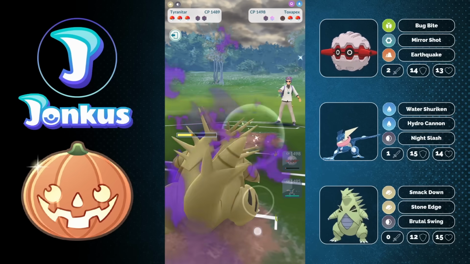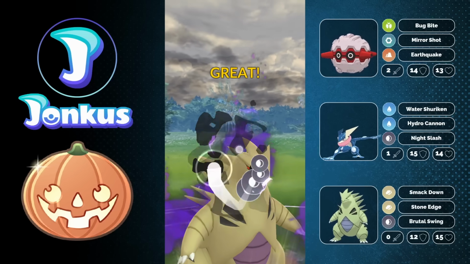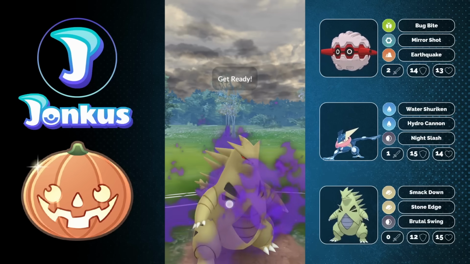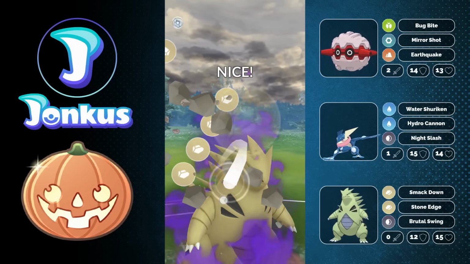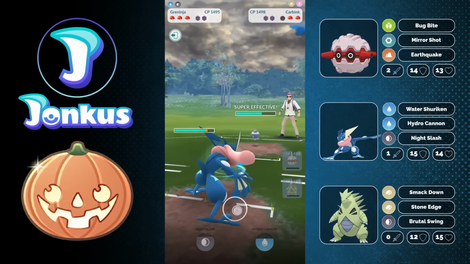But like this, okay, we're gonna get out of this matchup with 100 energy, but the opponent swaps into their Carbink, which literally can just soak any kind of energy anyway, and I decided to just go for the Brutal Swing without even looking at it. And also I stay in for this matchup a little bit too long. I could have went for the Stone Edge basically immediately and swap out,